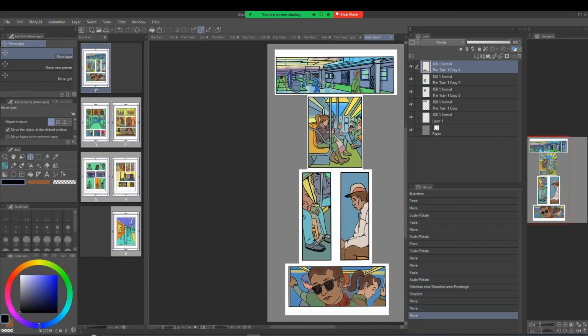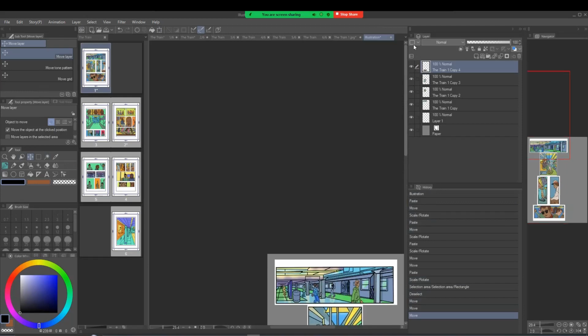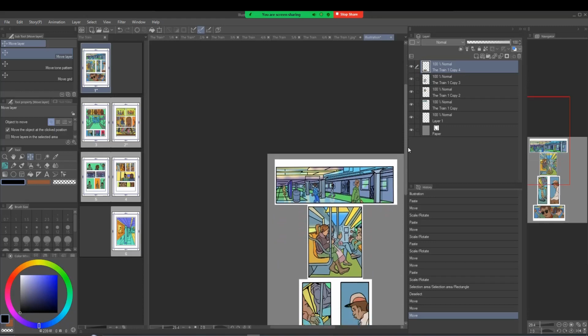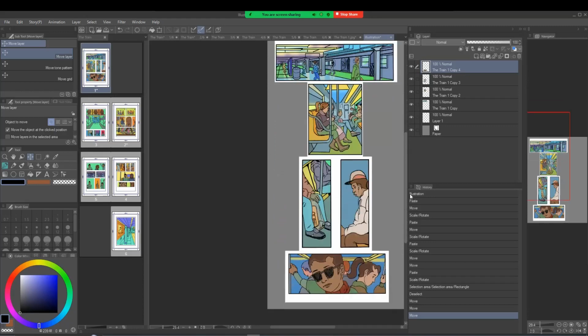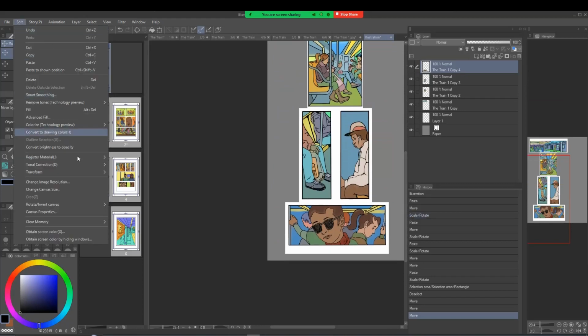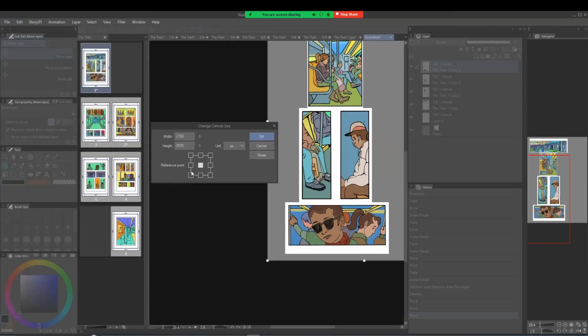So for Webtoon, it would be something like this, so that you could get the comic. And of course, you'd have more space in between the panels, but everything would go straight down. And then if you needed more room, you can change canvas size. I think it's this way. So if the height was